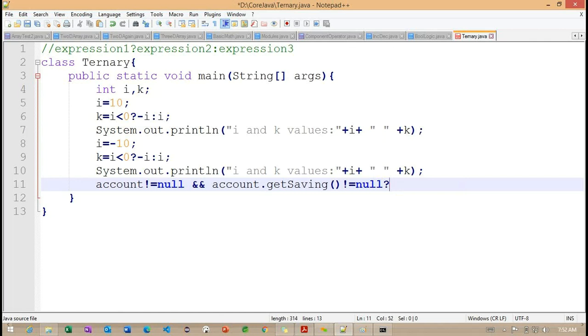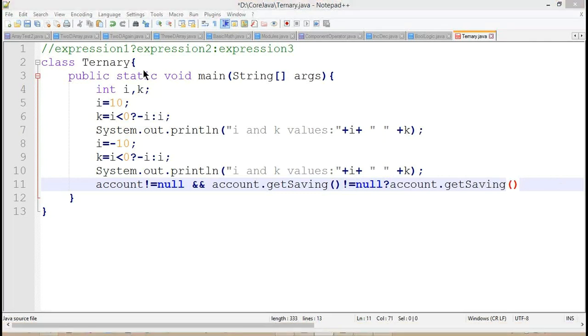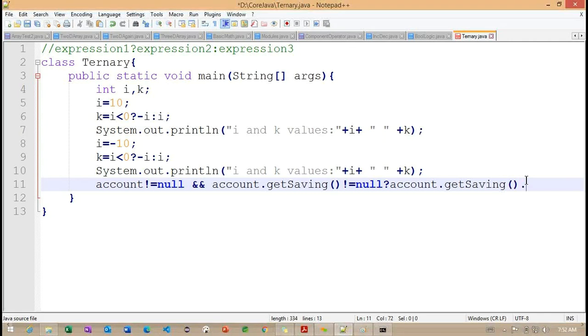With the help of this, I'm going to use the saving account dot get ID. Getting the point. With the help of this ternary operator, I'm loading the saving account ID here.